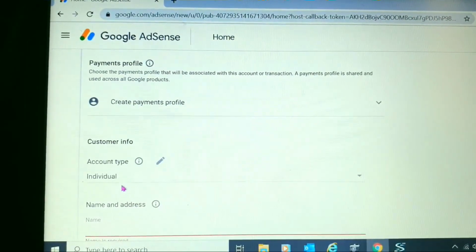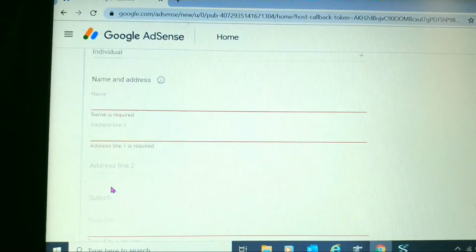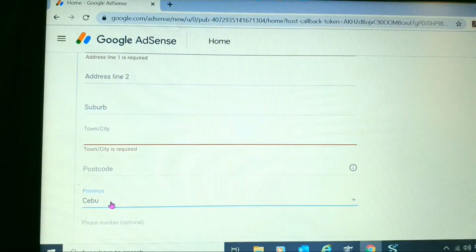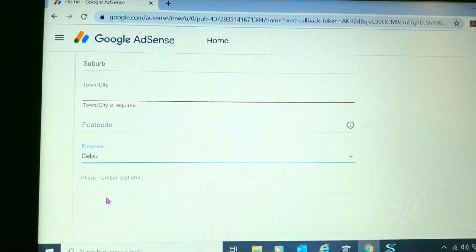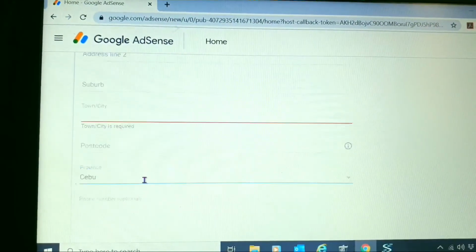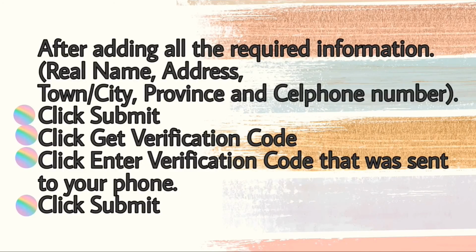Kailangan nating ilagay yung mga information dito. Yung real name natin. Then yung address. Town, city. Province, nilagay ko na yung Cebu. And then phone number. Then submit. Lagay ko lang yung mga information, guys.